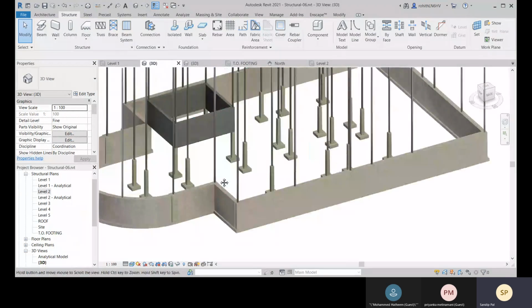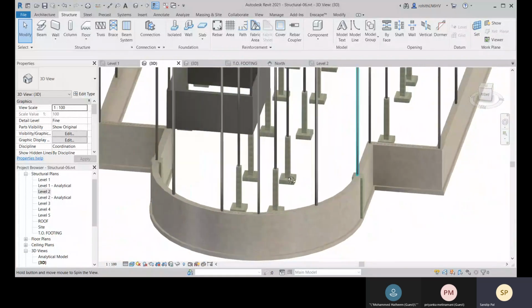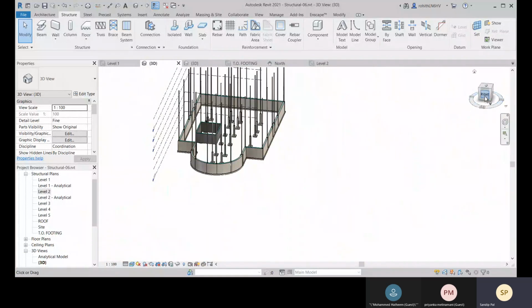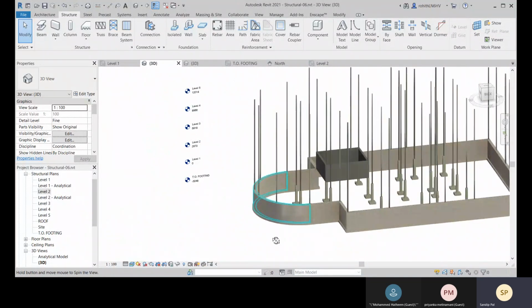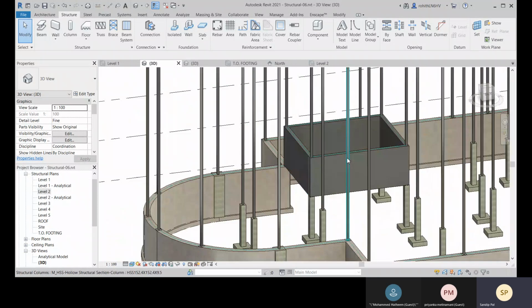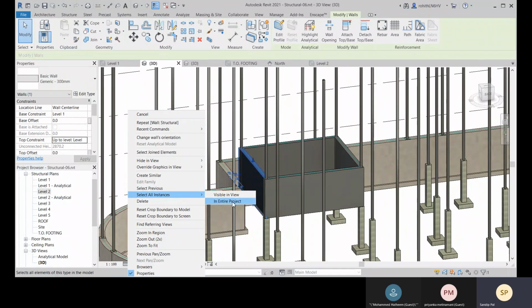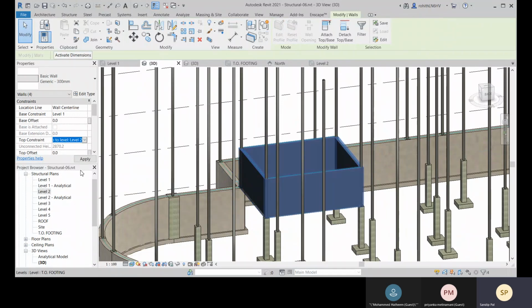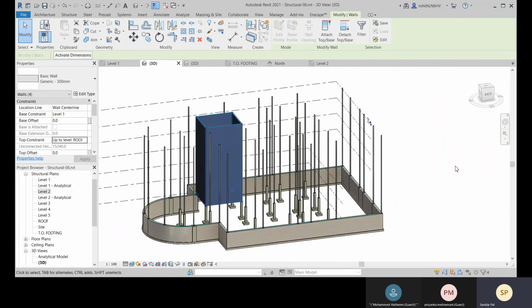And here let me come to this. So that we have created. This is level 1, so if you check, this is level 1. Okay, now we need to place our foundation wall for this. So here you can define, let me select all the instances in the project. Let me define the roof. Okay, so it will go till the roof.